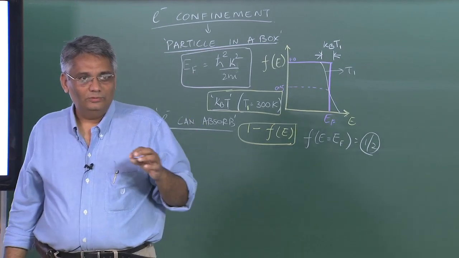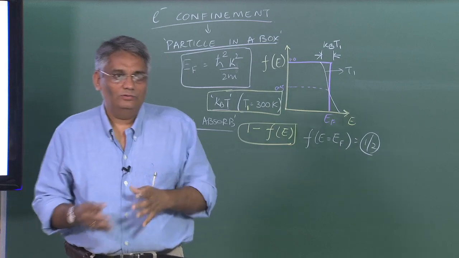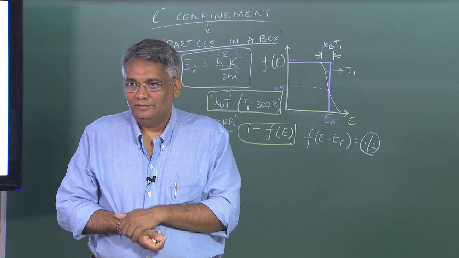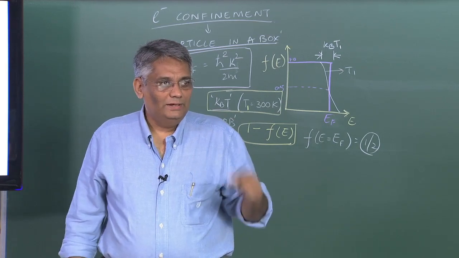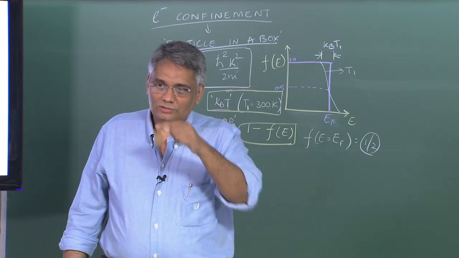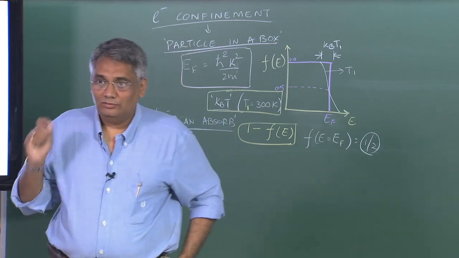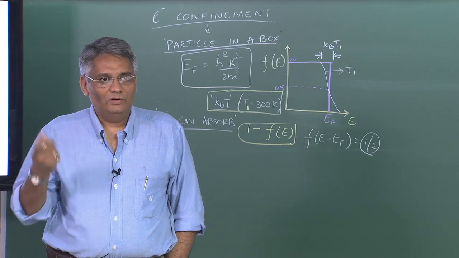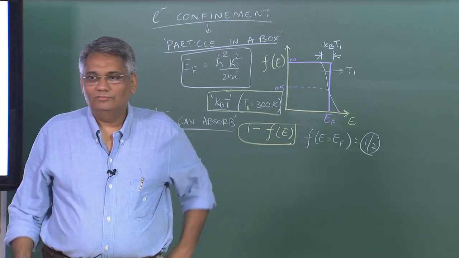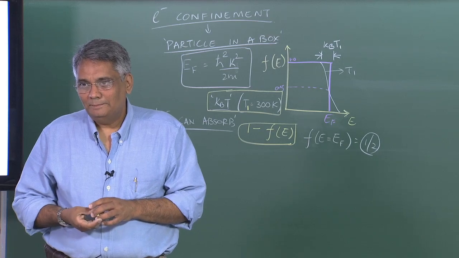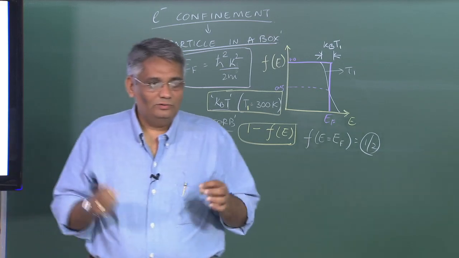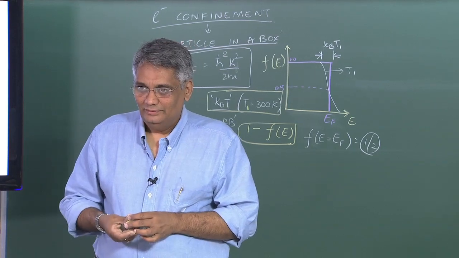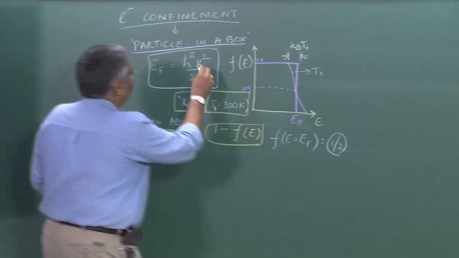Because I told you, if we have to account for a physical property like electrical conduction, for example, you have to make sure that the electrons move across the Fermi level. That is why when we talk about the electron velocity in a solid, it is always the Fermi velocity. These electron velocities are typically of the order of 10 raised to 6 meters per second. And when we talk about electron velocity, that means the electron must have made a transition across the Fermi level. Okay? So,